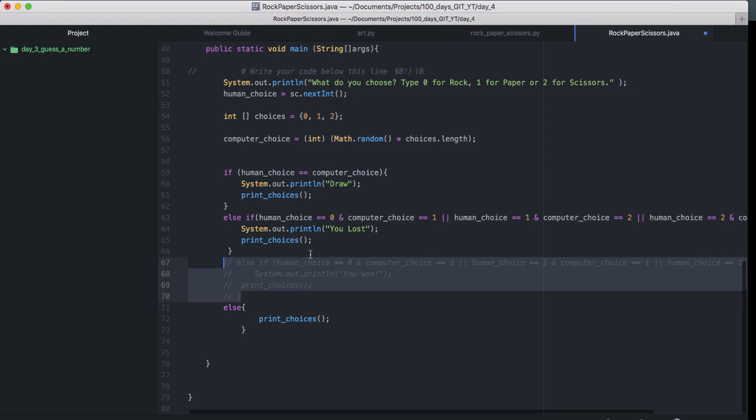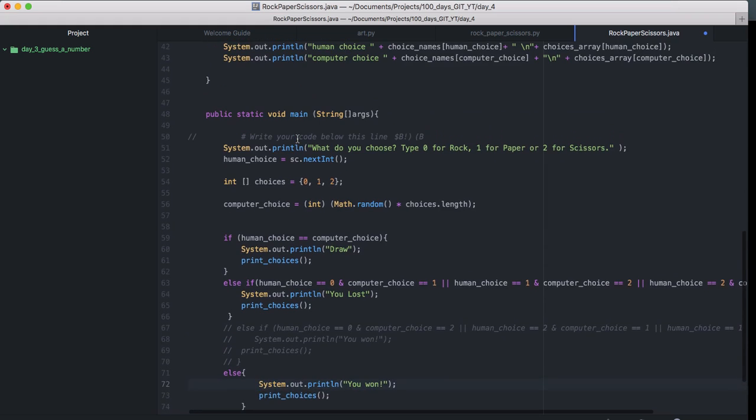Like that, okay? So that we see if really the computer wins. We just want to do something that says you won, okay? Because we need this line, since "you won" is not being printed elsewhere. So just say here we won. All right, that's if you didn't lose, if you didn't draw, then you won.